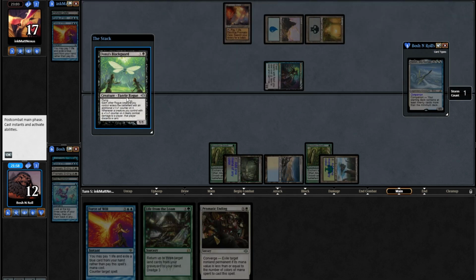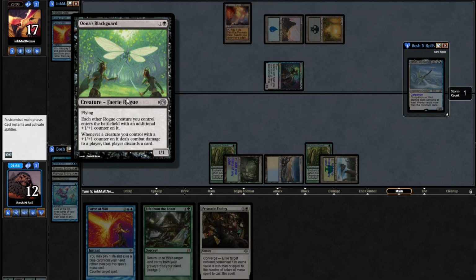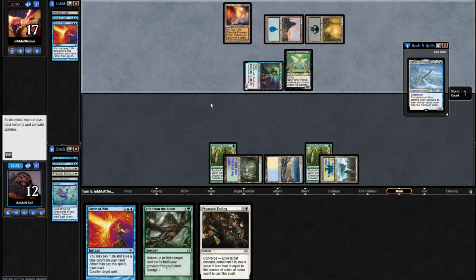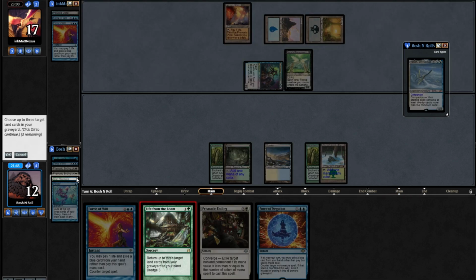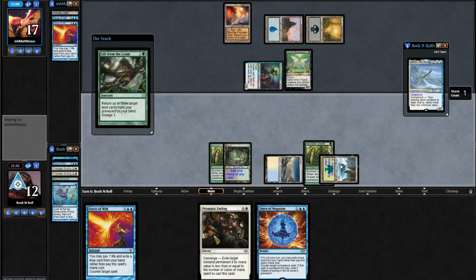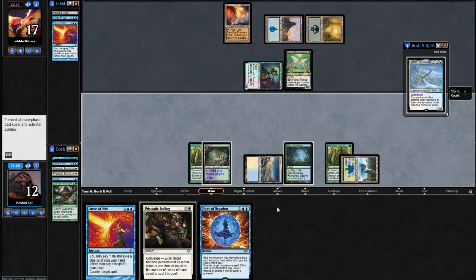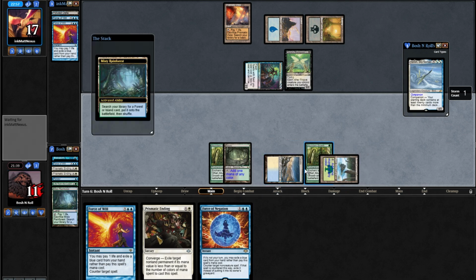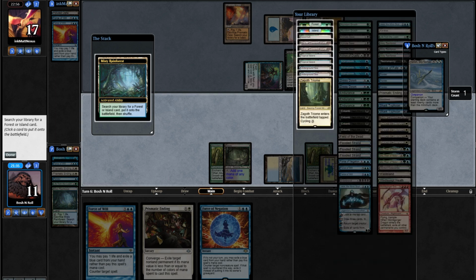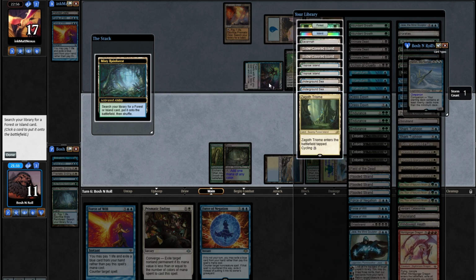What do we got? Una's Blackguard. Okay, each other rogue enters the battlefield with a +1 counter. Whenever a creature with a +1 counter deals combat damage to a player, they discard a card. Okay, yep, Rogue Tribal confirmed. So pick up this land with Loam, make my land drop, fetch. Am I more worried about Blackguard or... Yeah, I guess I'm more worried about the...